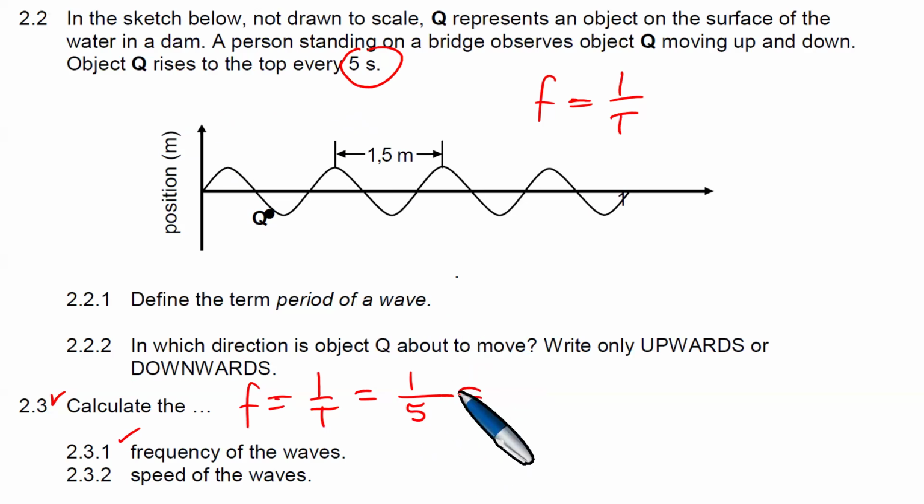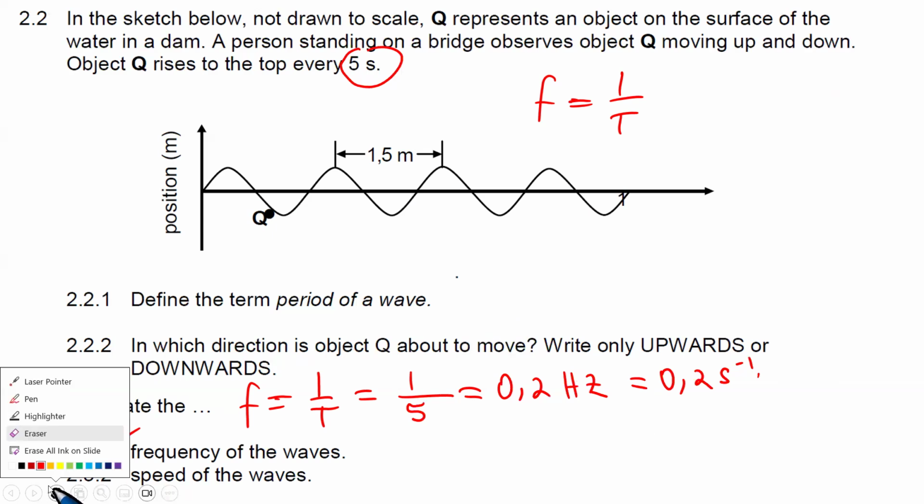So if you divide 1 by 5, you get 0.2 hertz or per second. So you can say 0.2 hertz, you can say 0.2 per second. So that is what we have there. 0.2 hertz or 0.2 per second. Okay, so yeah, that is what we have. And then you look at